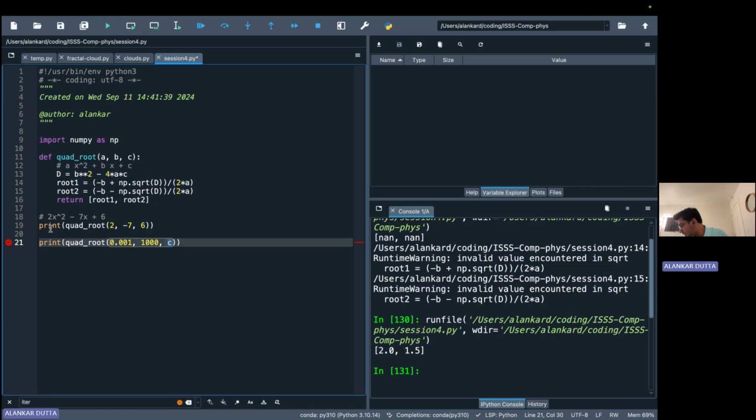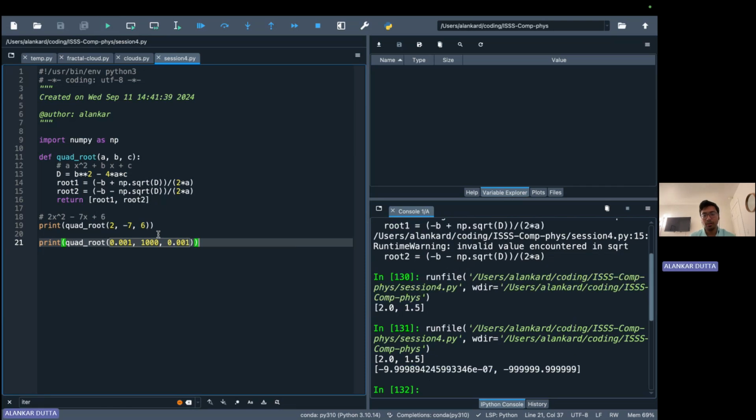And C is again 0.001. Right. So let's now do this. You see that we get two values in here using this formula. And let's try to see if these satisfy the equation or not. So for that, all we have to do is